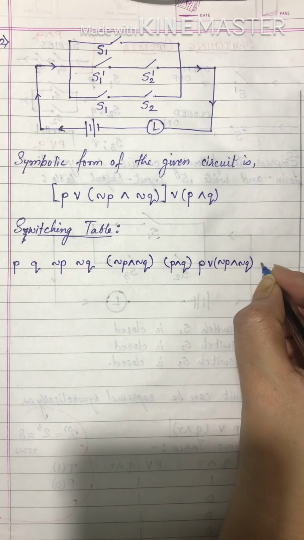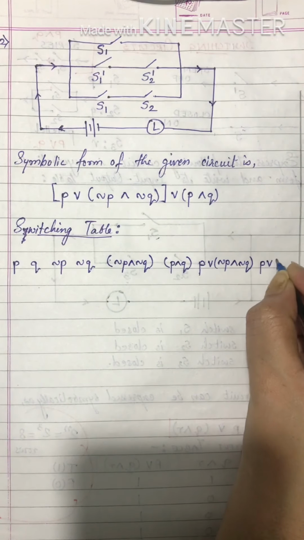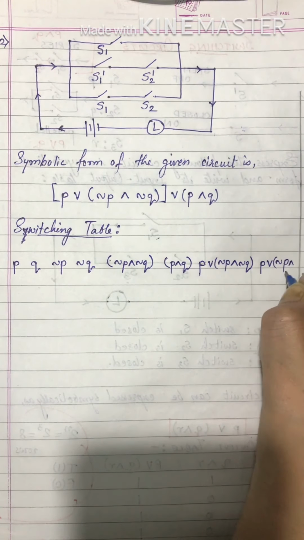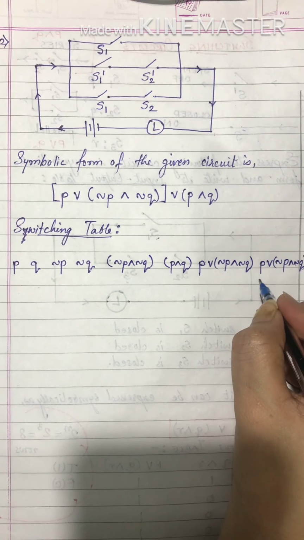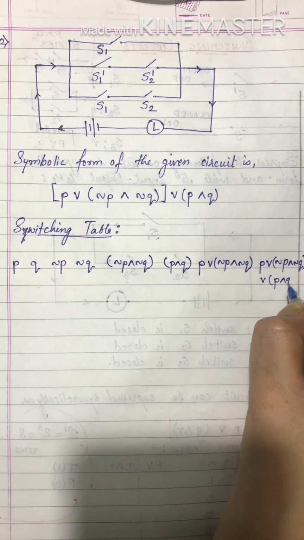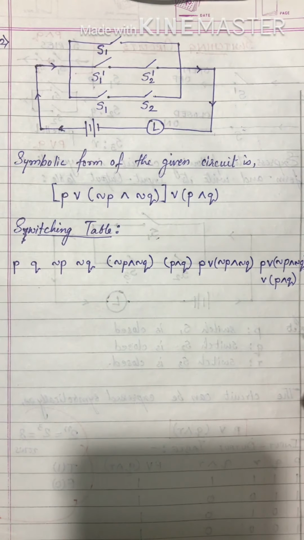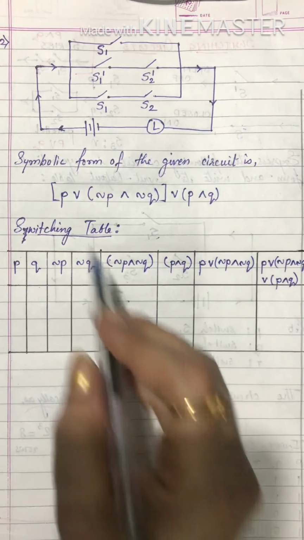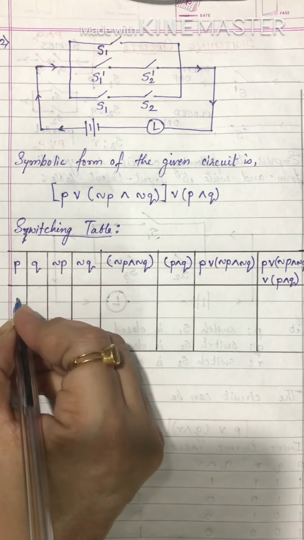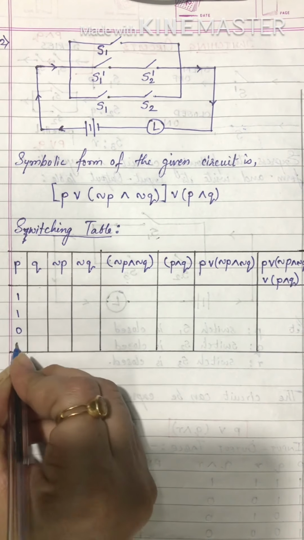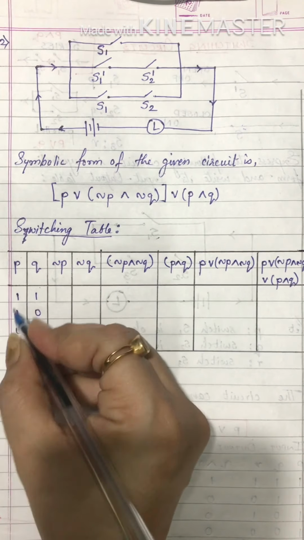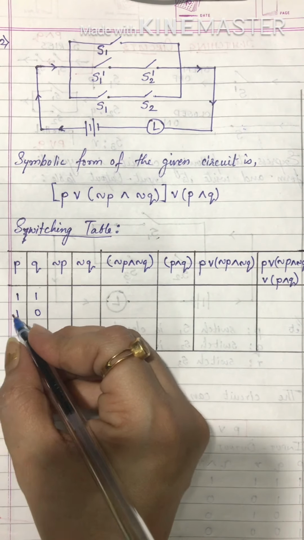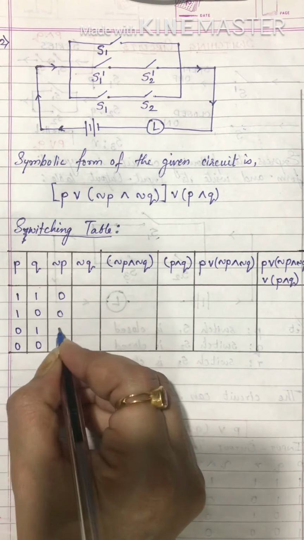Okay, so I'll try to adjust and write it properly. Negation P and negation Q, or P and Q. Okay, so now that I have drawn the margins, let's start with the sum. I take 1 1 0 0, then 1 0 1 0. We have to write negation of column P, so we will get 0 0 1 1.